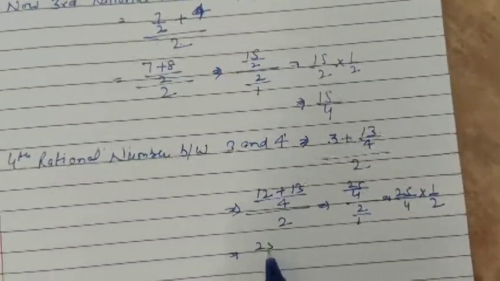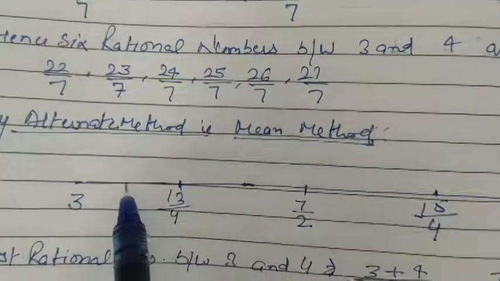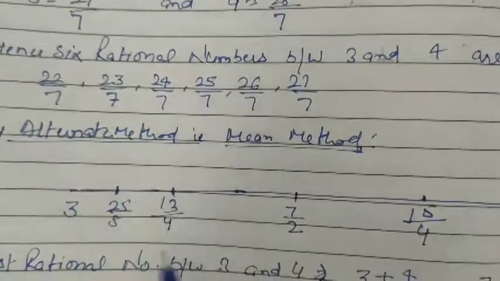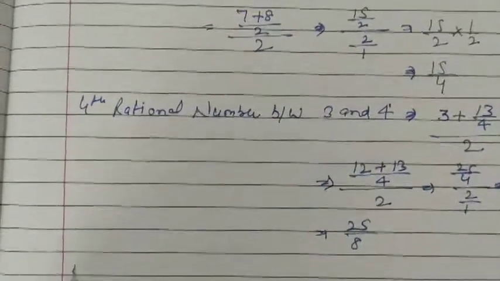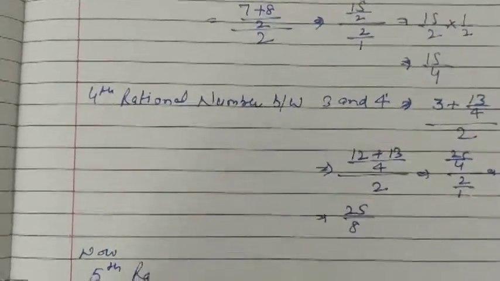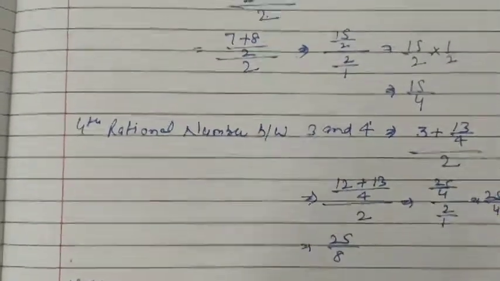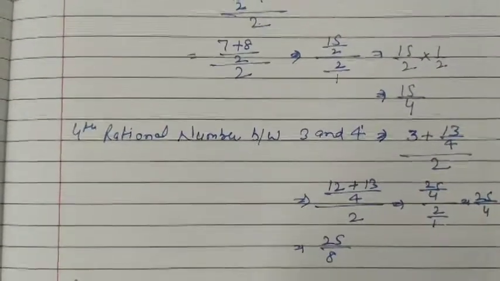So this will become 25 upon 8. So this will exist here, 25 upon 8. You can see. So now the fifth rational number between 3 and 4